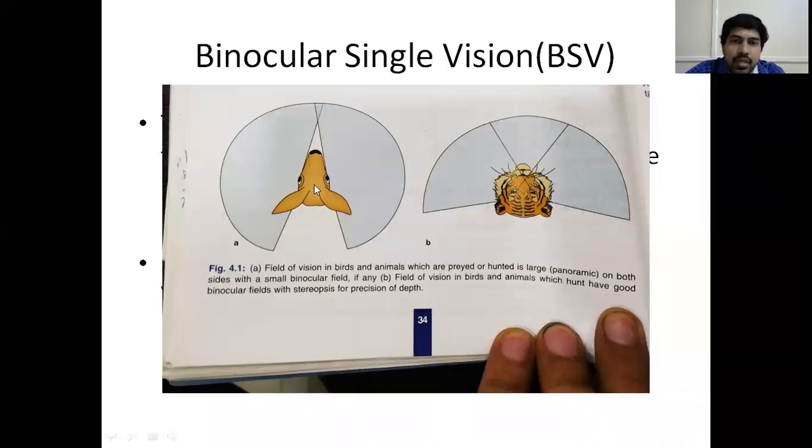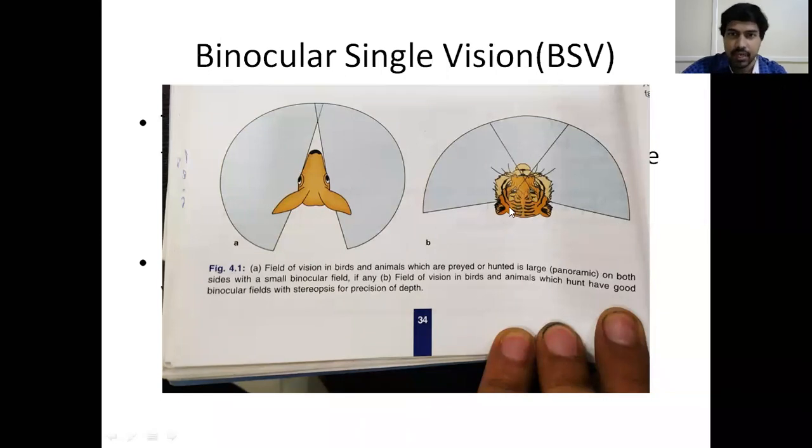So why the lower animals get predated easily is that their binocular single vision is not so good and the depth perception is not so good. Unless you have binocular single vision, you can't appreciate the three-dimensional structure of any object. Because in the lower animals, one eye sees one thing and the other eye sees something else. Suppose this eye is actively present and this eye is suppressed, and on this side there is some lion or tiger, it will easily come and jump on this animal and kill it. So in lower animals, binocular single vision is present only to a limited extent, in a small area. That's why the visual acuity is not so clear. The depth perception is there, but it is not as much developed as in higher animals like us. That's why they get easily hunted.